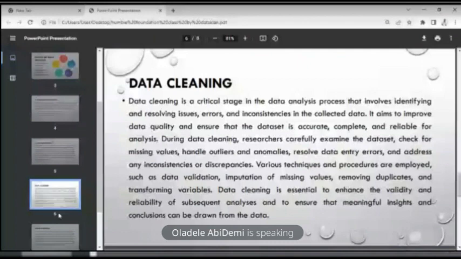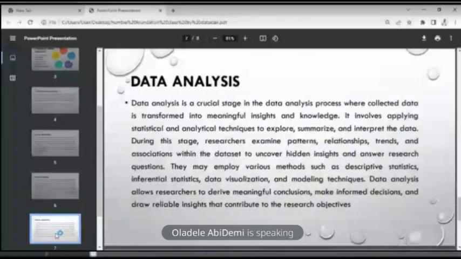After the cleaning of the data, you now move to the data analysis stage. That's the main stage. And of course, when we have cleaned our data, this analysis stage becomes very, very easy. It becomes easy, and it can easily bring out the patterns and trends that we want to bring out from